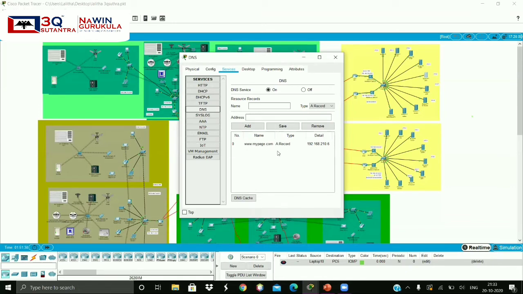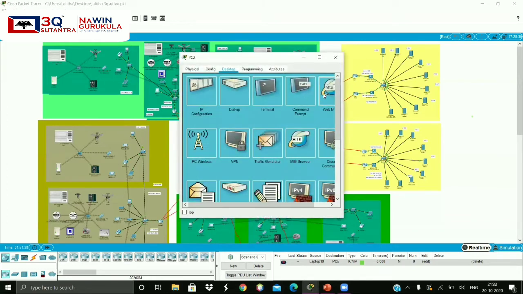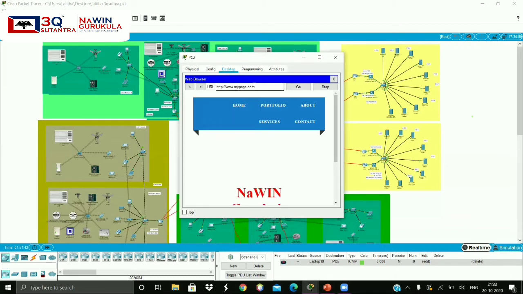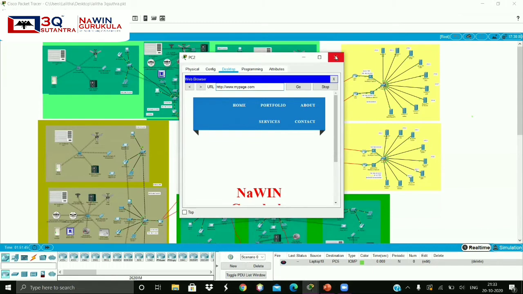So I can access this IP address by using this name. So see, now I can access the same web page by using the domain name. So this is how DNS works.